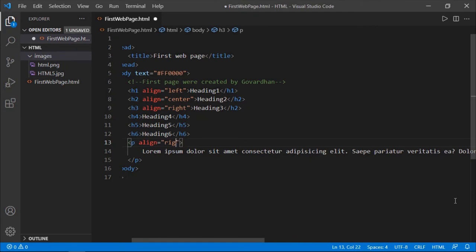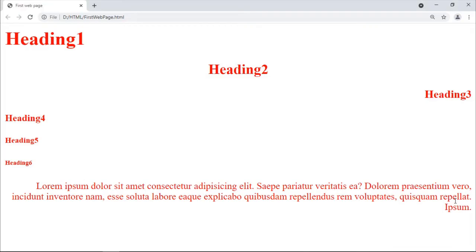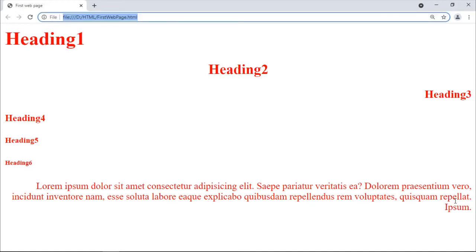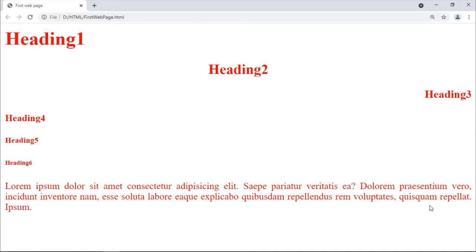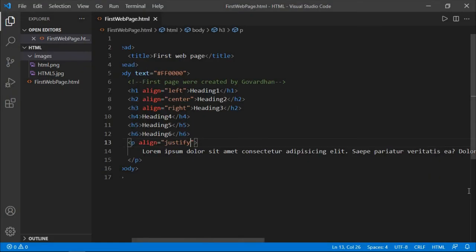And coming to the last value, justify, which starts at the same column position and ends at the same column position. So observe the output here. So this is about the paragraph tag.